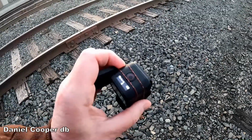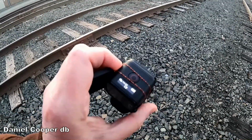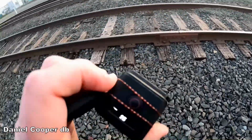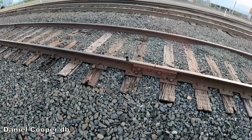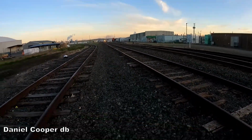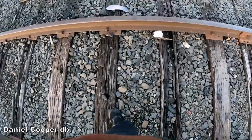There, we got it started, and, oh, I think it's on a time lapse. I'm going to have to get the other hand out here. Okay, I just got the camera mounted on the line there, just in time, because he is powering up and heading this way. Oh boy, let's get out of here, because those guys would not appreciate somebody on the tracks